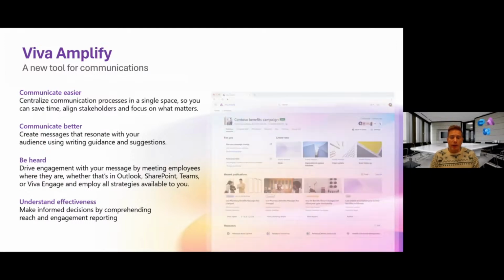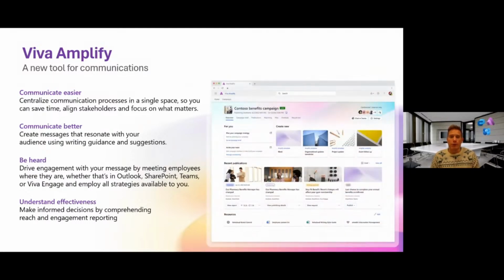So with that, I'd like to introduce Viva Amplify. For those who haven't seen it, it is a brand new tool designed specifically for the corporate communications audience. And the goal of it is to centralize that communication process so that you have a single area that you can go to where you can save time, you can create templates, you can create kind of communications teams or workflow teams. You can provide additional details around the communications you're trying to send in the campaign brief,